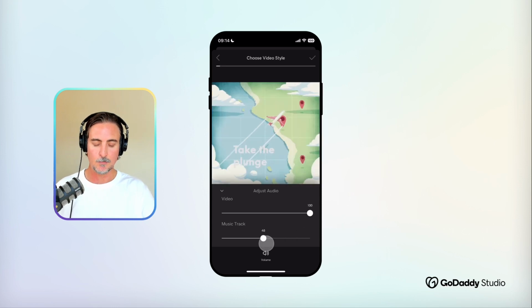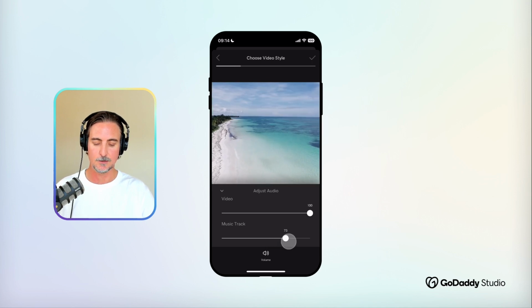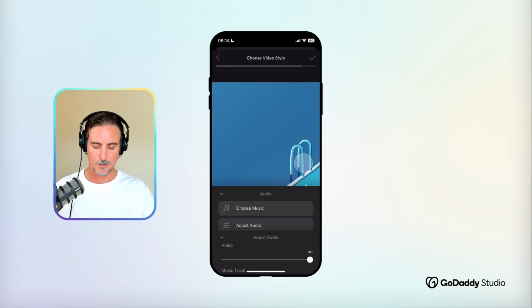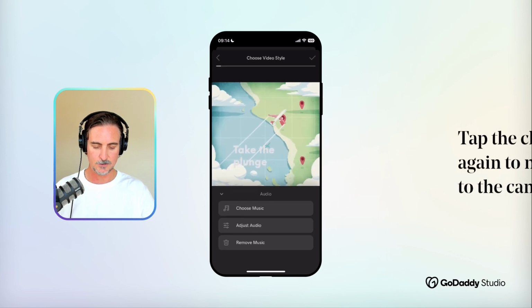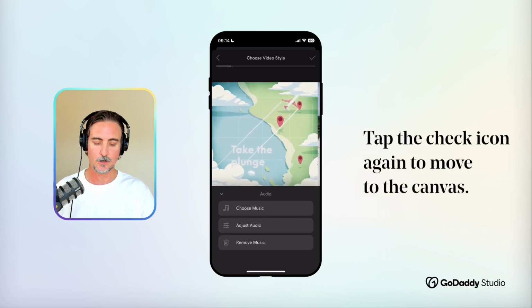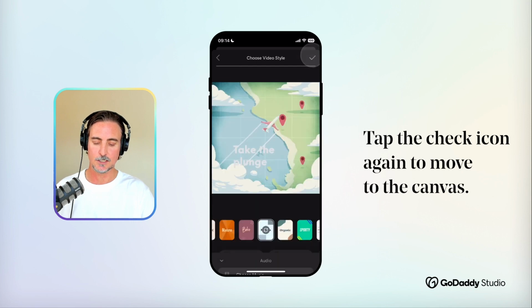I don't have any ambient or voiceover sound in my video. I just really want it to be propelled by the music. So I'm going to bring that right up. And now I think I'm ready to move ahead. So this looks good to me so far. I'm just going to tap the check icon at the top right-hand corner, and that will take me to my